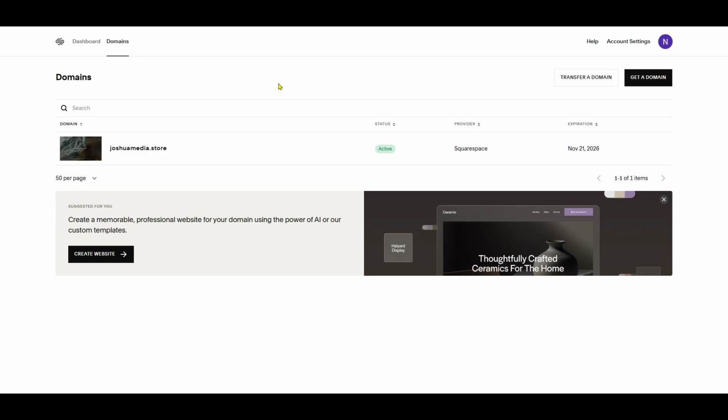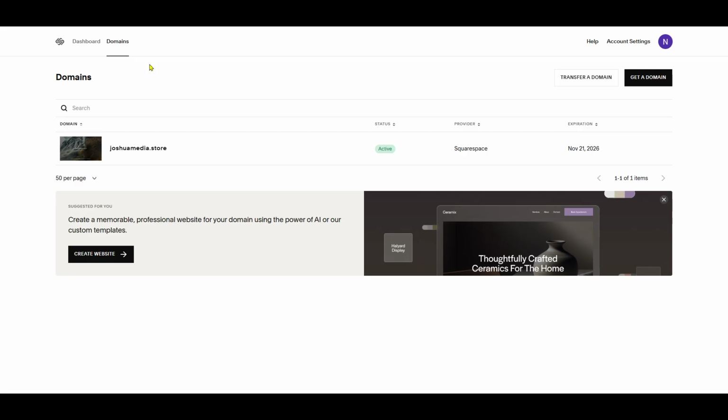First, you'll want to start by heading over to your Squarespace dashboard. This is the central hub for managing all aspects of your Squarespace account. You can access it by logging in with your Squarespace credentials. Once you're in, you'll see a variety of options that allow you to manage your website's content and settings.